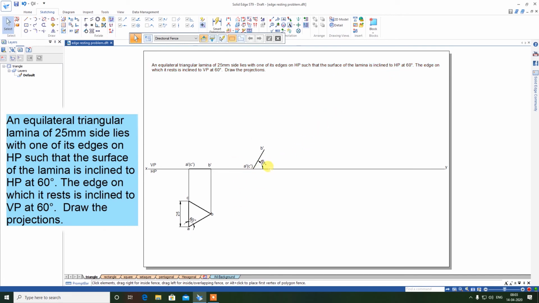Now you need to draw the top view. For that, go to line, thickness 0.13. You move like this, you will get the end point, then only you draw. Like this you draw lines. C is on this line, you draw till that.